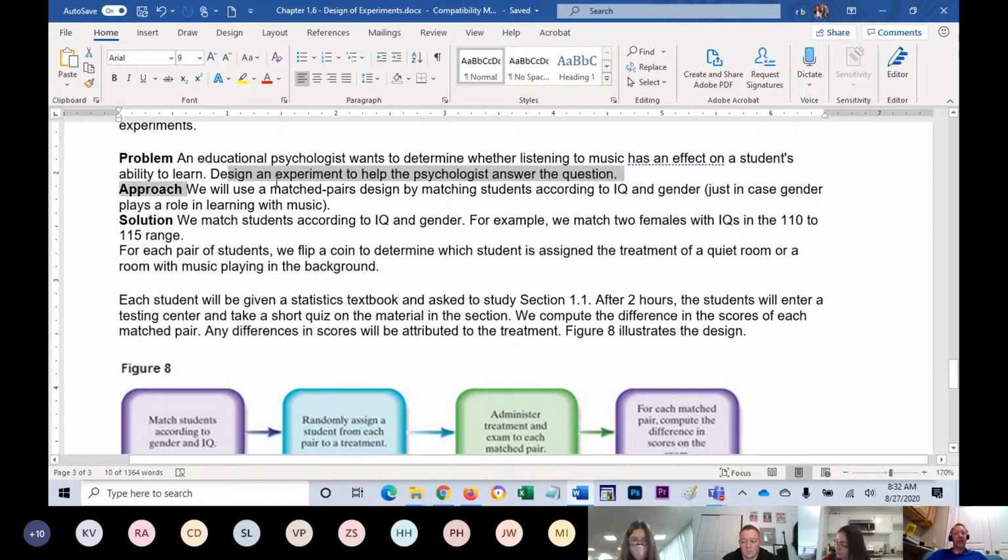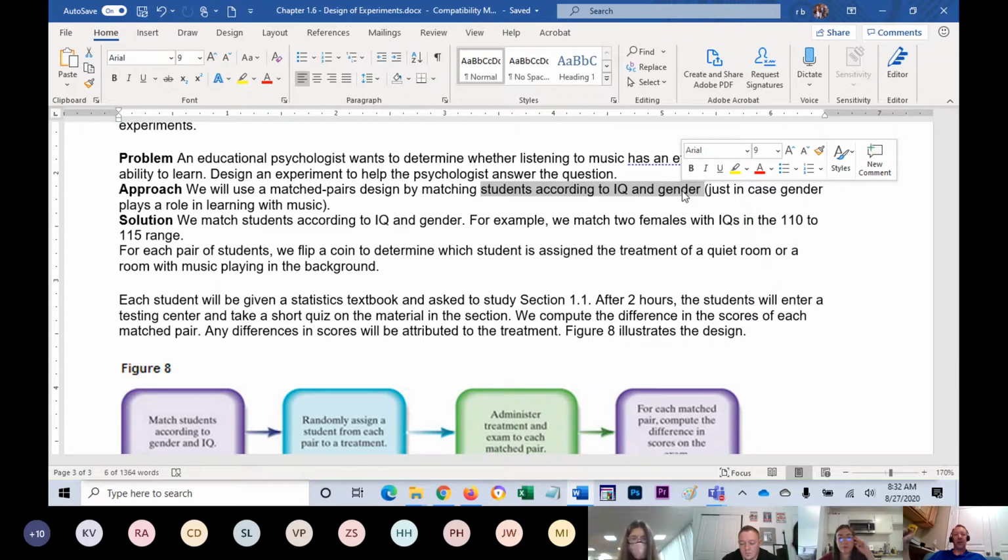In this case, we're going to use a matched pairs design, and we're going to match students according to gender and IQ. Now, as I mentioned earlier, whenever we're doing an experiment, we should track gender and